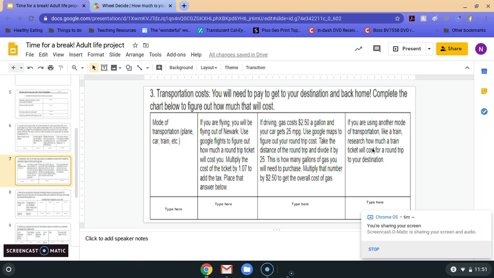If you're using another mode of transportation, like a train, let's say you're going to New York City for the day, you decide to do a day trip as your vacation, that's totally fine too. You have to find out how much it would cost you to take a train there and back. If you are going to be doing a train into the city, I suggest maybe going from Dover. There are direct lines, and it's probably the quickest way to get there. If you're traveling somewhere else with the trains, maybe play around with NJ Transit's website and see what ticket prices you can come up with.